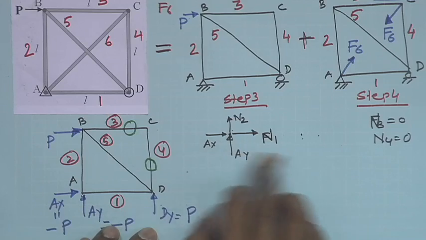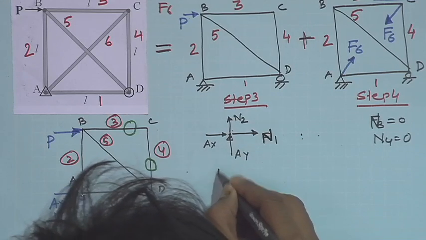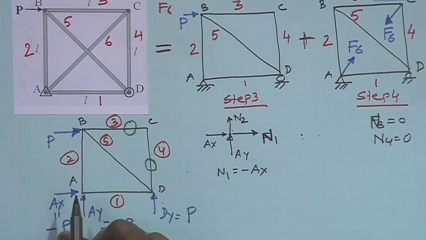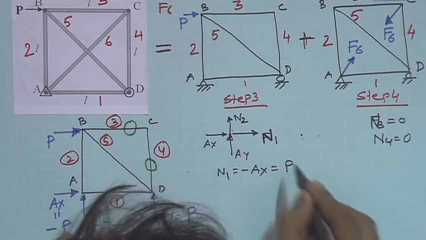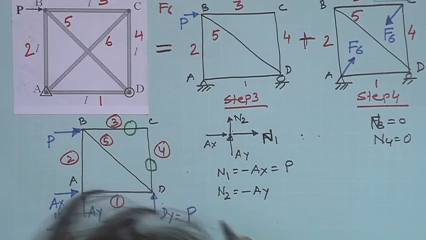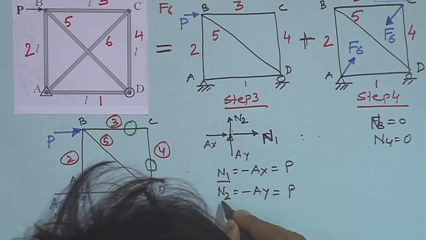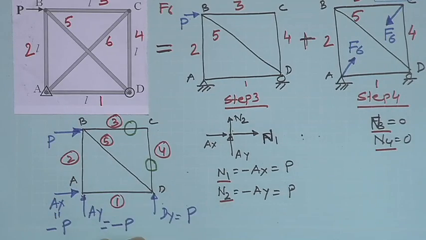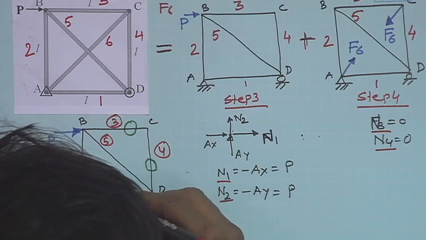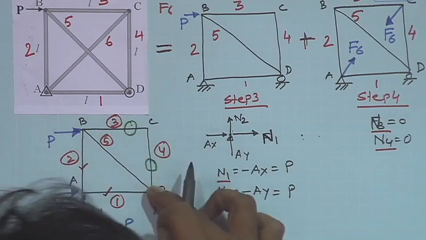Summation of Fx equal to 0 and summation of Fy equal to 0 give N1 equal to minus Ax, and Ax is minus P, so N1 is equal to P. And N2 is equal to minus Ay, and Ay is minus P, so N2 is equal to P. So we have N1, N2, N3 and N4. This is done, this is done, this is done, this is done, and this is done. The only member left is